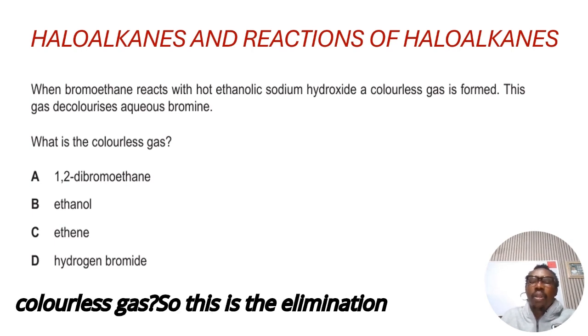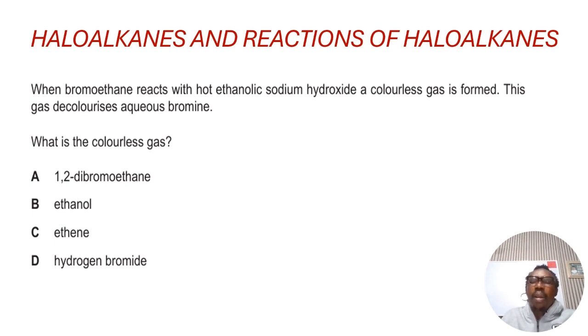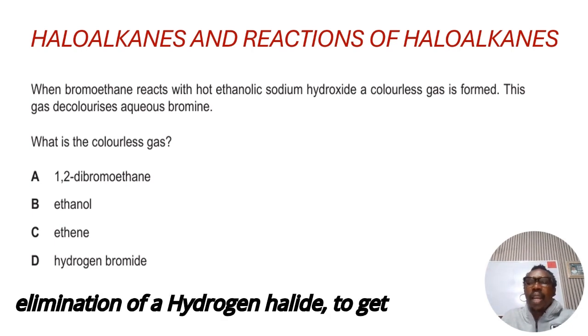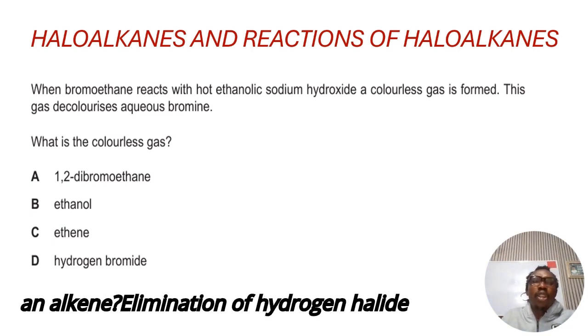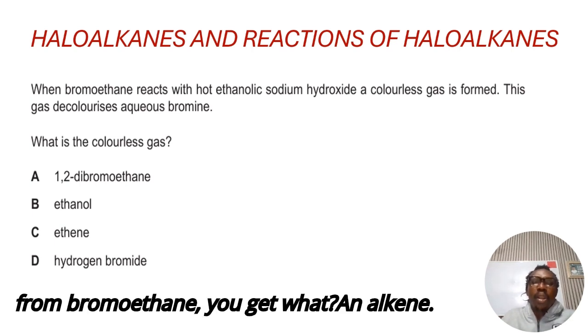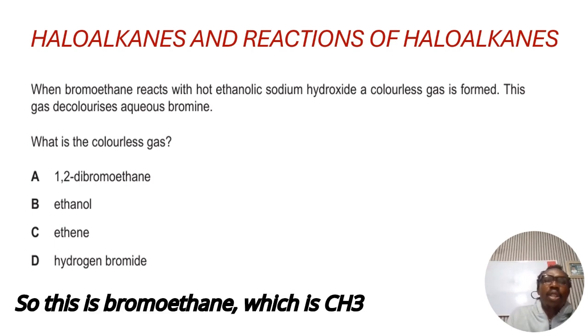So this is the elimination reaction of halogenoalkanes. When an ethanolic solution of sodium hydroxide reacts with a halogenoalkane, an alkene will be produced. So which is elimination. Elimination of what? Hydrogen halide, you get an alkene. Elimination of hydrogen halide from bromoethane, you get what? An alkene. So this is bromoethane, which is CH3